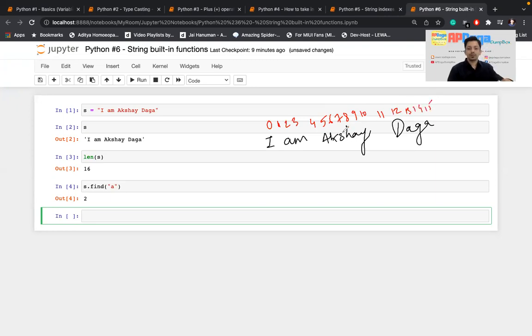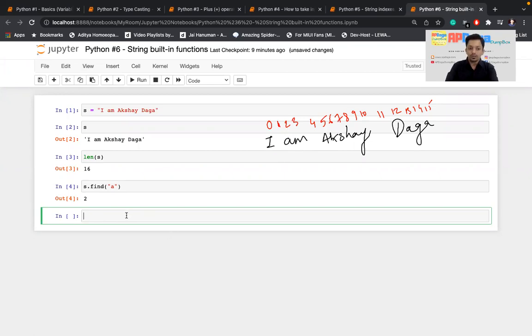Okay. So here you also get to know that, okay, total of 0 to 15 index, the length is 16. So when I try to find a, there are multiple a's in there, but find will always return the lowest index where it finds that character a. So in this case it is this one a, and the index for that is 2.